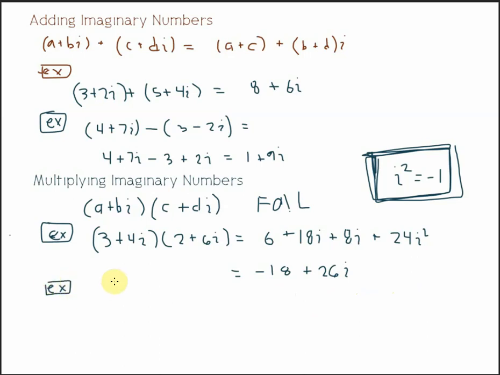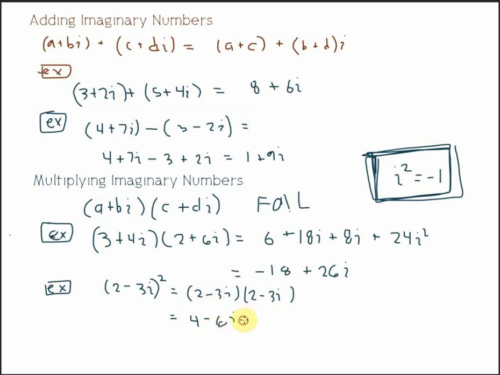Okay, so what about if we get something like this? 2 minus 3i squared. Okay, same thing. You cannot just distribute a squared into something that has an addition or subtraction in there. This actually has to be multiplied out as 2 minus 3i times 2 minus 3i. And you have to use the good old FOIL. Okay, so you'll have 4 minus 6i